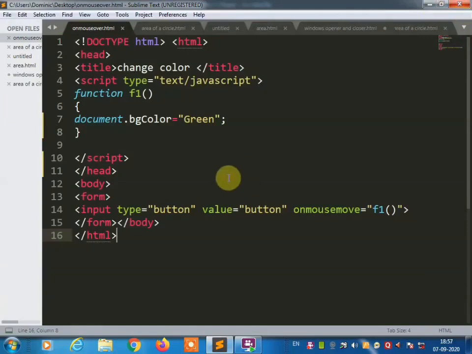So these are the three different background colors of the window we have changed by using the onclick event, onmouseover event, and onmousemove event. I hope you understood this program. So once again,